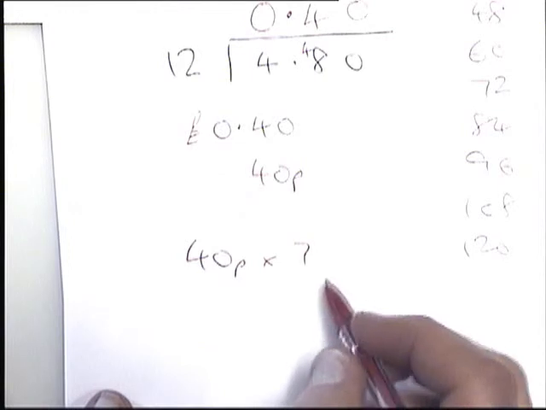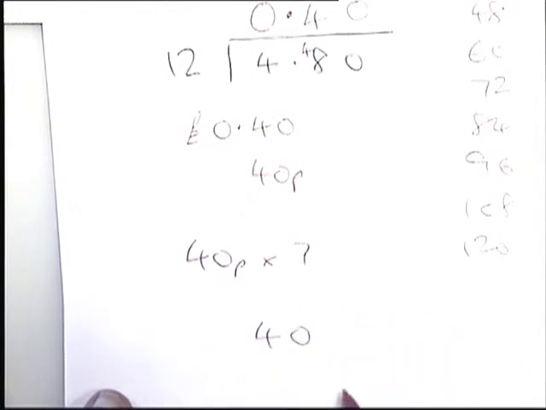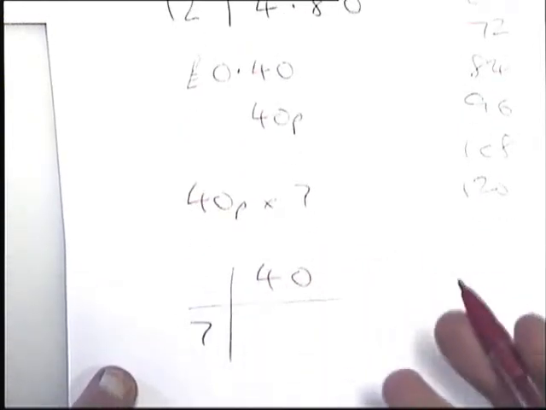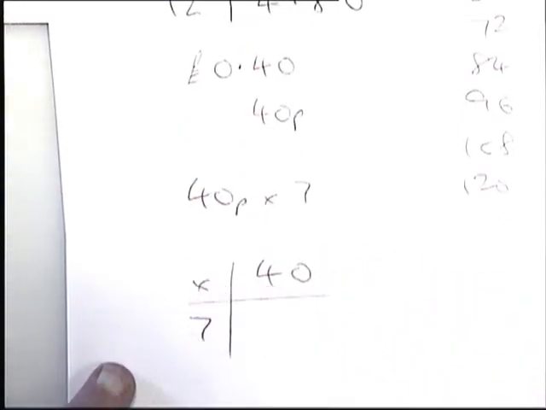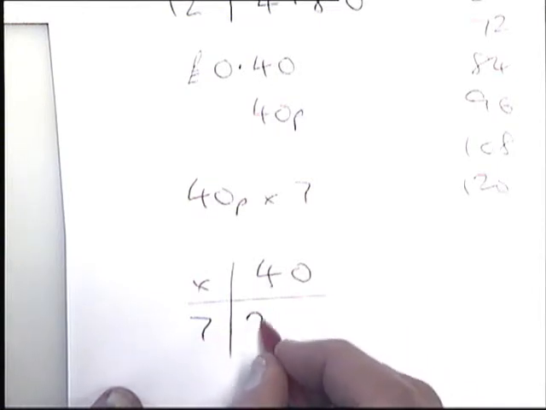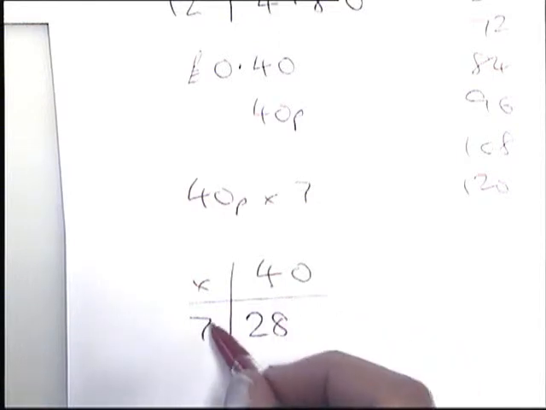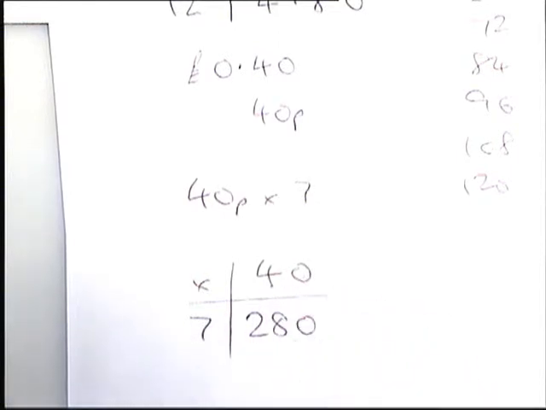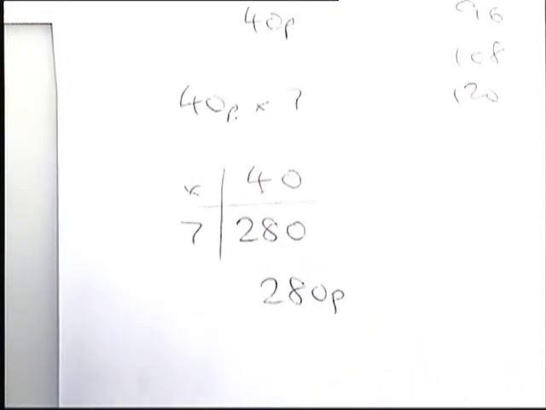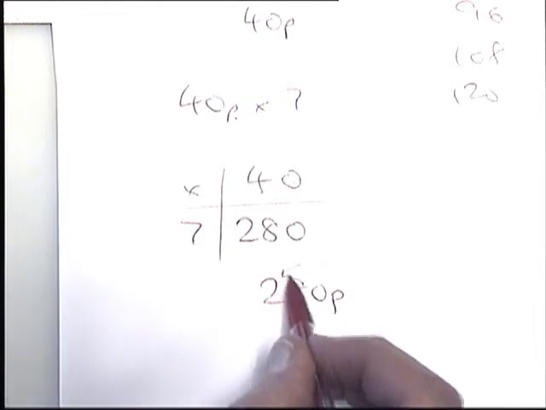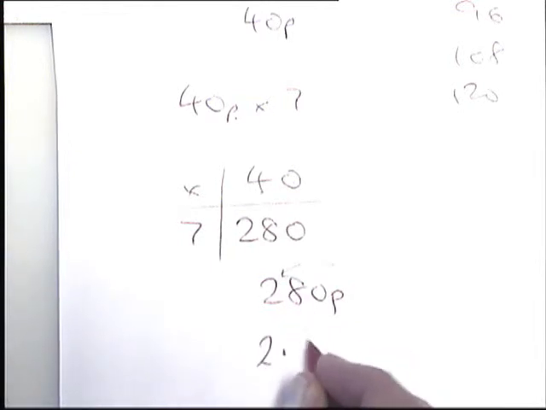So if I'm going to do 40 times by 7, we can do that in the grid method as well if we want to. We can't split 40 up into anything, it's just 40. Not 40 and anything. But we can times it together. 7 4s are 28. If you don't know that, write down 7 4 times and add them up. And there's 1 naught here, so I write that down. So my answer is 280, and this will be in pence. But the original question was in pounds, and we said before, if you're converting pence to pounds, the decimal point has to come in 2 places from the end. So it's 2.80,